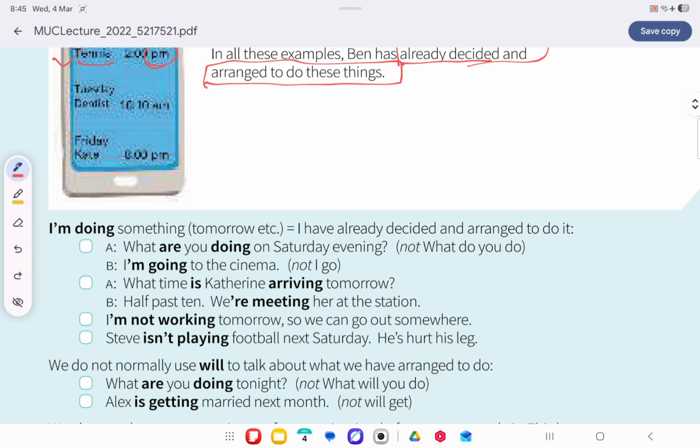What are you doing on Saturday evening? So anyone asks, what are you doing on Saturday evening? Not what do you do. If anyone plans and we ask him or her, we use present continuous tense. When we ask what are you doing next week, or on Saturday evening, or on Saturday morning, for all that purpose we use present continuous tense, not future continuous or